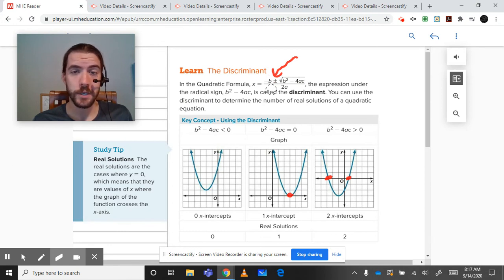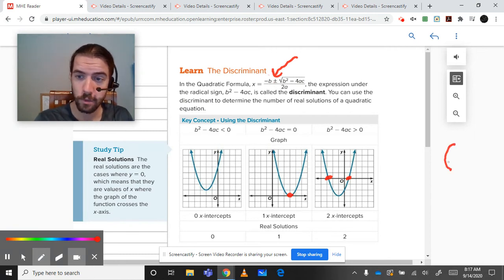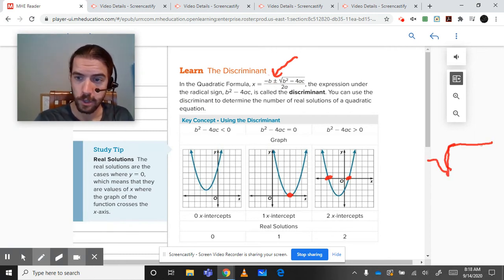Okay, what happens if our discriminant is not a positive number? So what happens if we're taking the square root of a negative number? Well, when you take the square root of a negative number, you can't really find any real solutions. You can't find any negative number that when you multiply it by itself becomes a negative number. You can't find any positive number that does that. So let me kind of write that out. What I'm saying is that if we wanted the square root of negative 100,